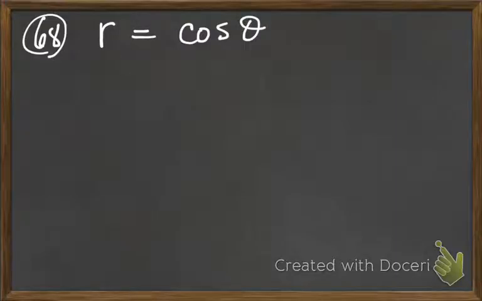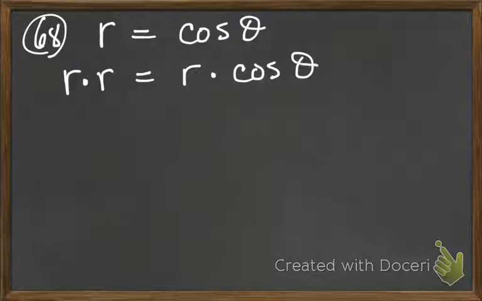Now, this one's a little bit tricky because you have an r on one side and a cosine on the other. You have an r on one side and a cosine on the other, but there is no way possible that the r and the cosine are ever going to get multiplied together. Okay? So this would be a really good place where you would want to multiply both sides by r. This would be a good situation where multiplying by r would be helpful and not harmful to your health. So then I end up with r times r, which is r squared,